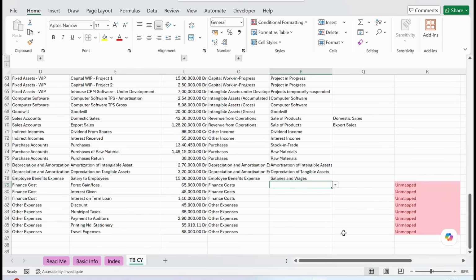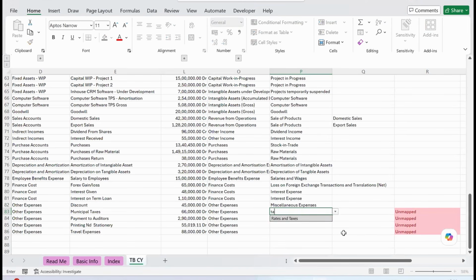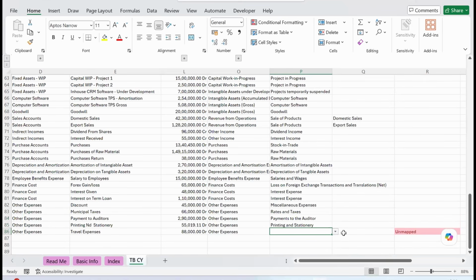Salary and wages, interest cost, and here this is forex, miscellaneous expenses, some taxes, some payment to auditors, renting and stationery, and travel expenses. Friends, as you see, when I was doing the tagging, on the right hand side, the unmapped tag was getting